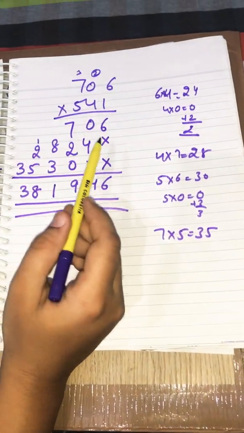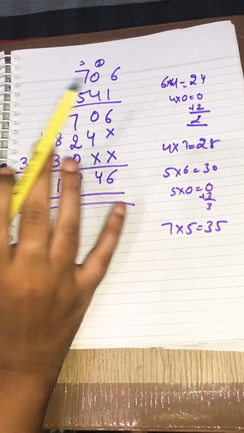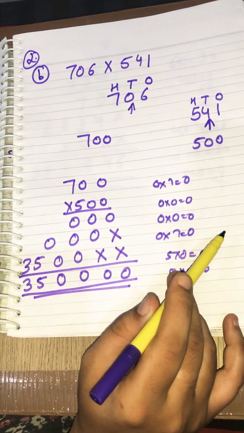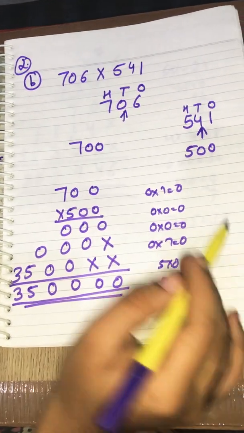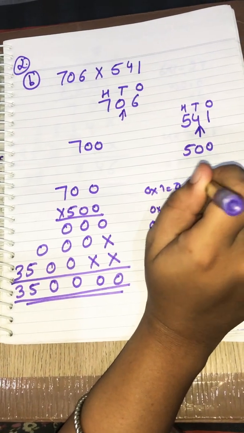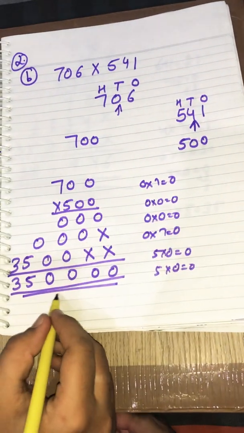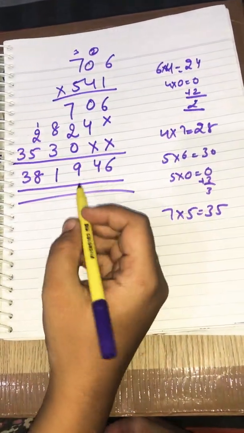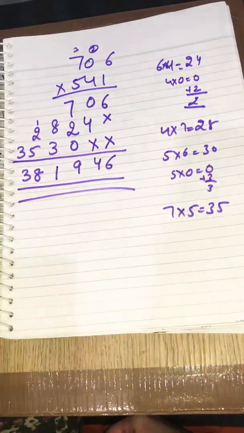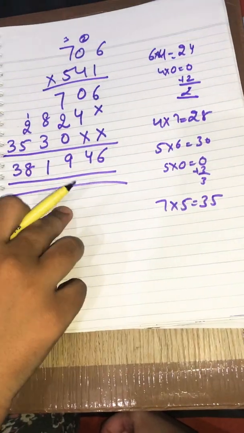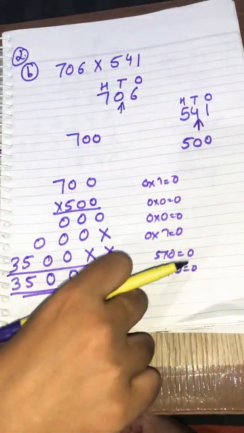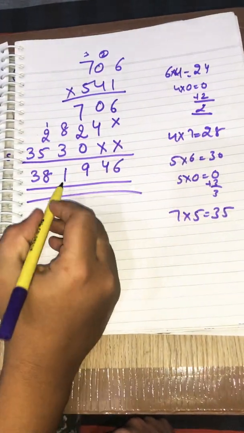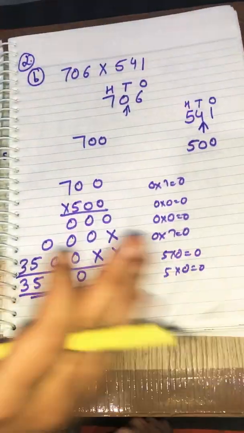I told you this method in your previous exercise. You can solve it like this. But in this exercise, you learn how to calculate the approximate value, or the estimated product. You can do this by this method. Now, this is your answer to this exercise question. This is just to show what the exact answer will be. In this exercise, you don't need to do this, but I will show you that if we solve it exactly, this will be our answer and this is our approximate answer.